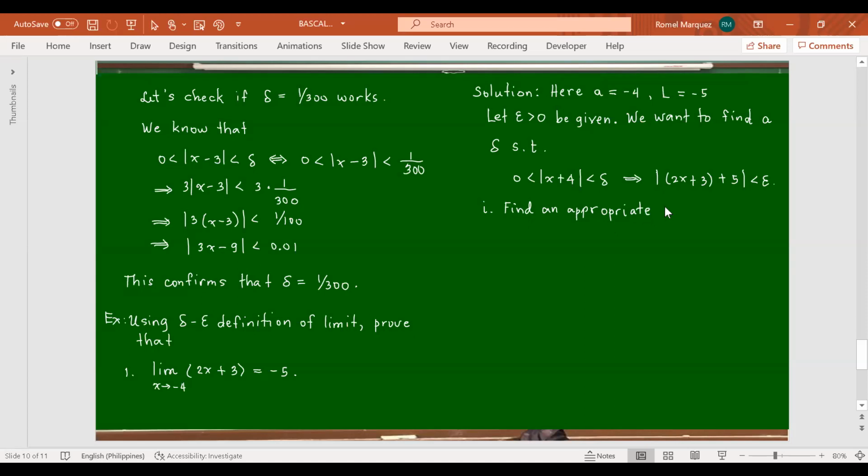How do we find an appropriate delta, guys? Note that, again, the absolute value of 2x, when simplified, is 2x plus what? Plus 8, right? Take note that 2x plus 8 is 2x plus 3 plus 5, the actual. That is equal to, I can factor out 2 to get